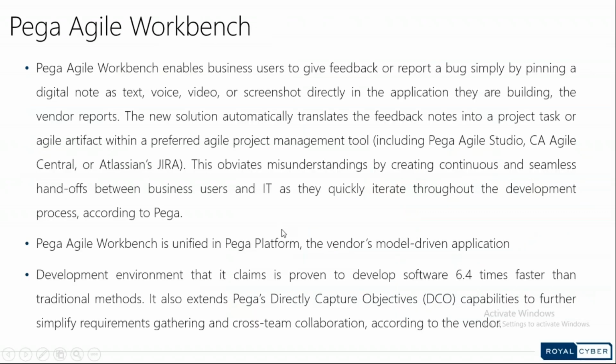So moving on to the next slide. We talked about Agile and also we talked about Pega. So now Pega has come up with another tool, which is again part of the product. You don't have to go with another third-party tool. That is called Agile Workbench. So this will enable the business users to give feedback, or they can report a bug from the UI itself by just pinning a digital note. And they can record it as text, and then they can put a video, or they can record their voice, or they can provide the screenshot directly in the application where your application is running,